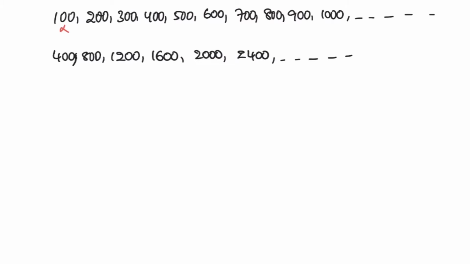But all centuries are not leap years. 100 is not a leap year, 200 is not a leap year, 300 is not a leap year, but 400 is a leap year. 500, 600, 700 are regular years, 800 is a leap year. 900 and 1000 are ordinary years. And see, 400, 800, 1200, 1600, 2000, 2400, these are all leap years. So if the given year is a century, it should be divisible by 400.